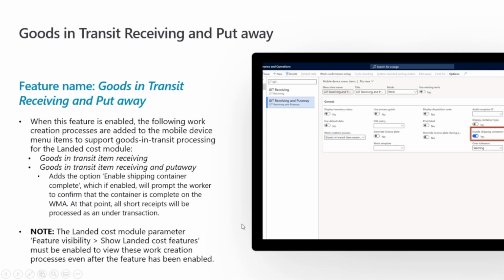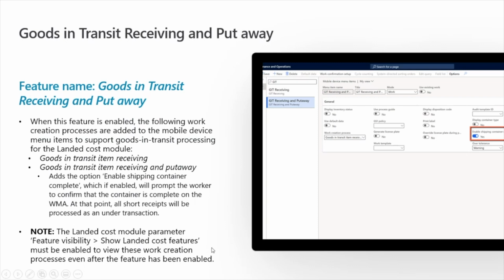And there is a note here that's very important. If you're working with landed costs and you're working with warehouse management, which would be the case for this feature to be utilized, if you enable the goods in transit receiving and put away feature, you are not going to immediately see it in the work creation process dropdown until or unless you have also enabled the feature in the landed cost module parameters under feature visibility and show landed cost features.